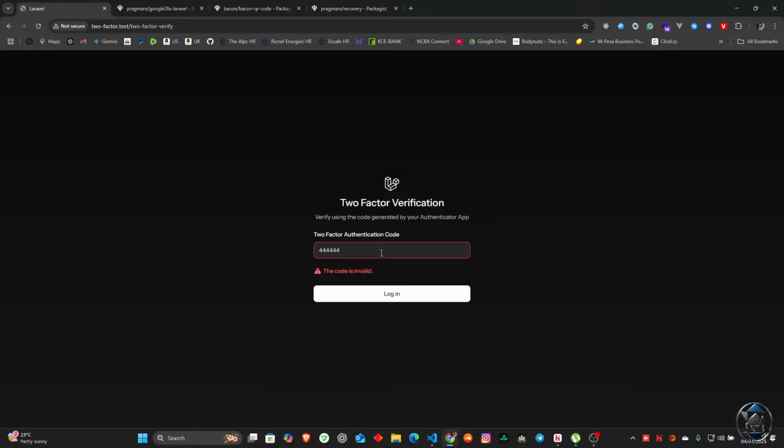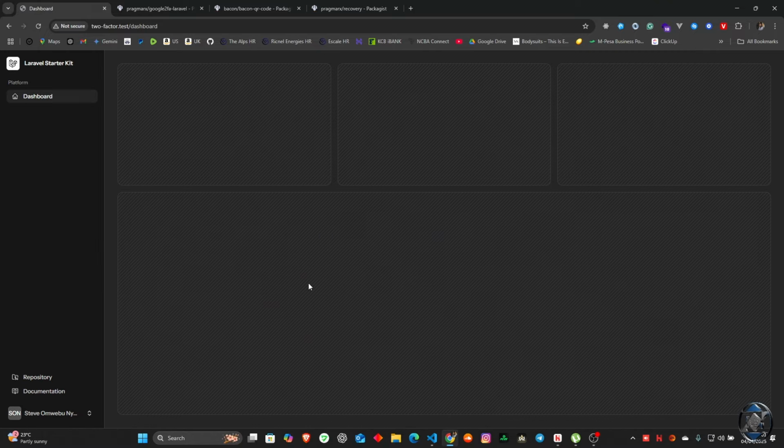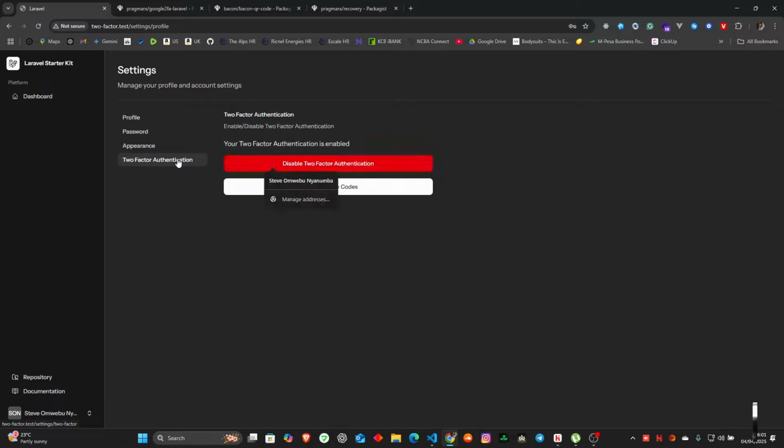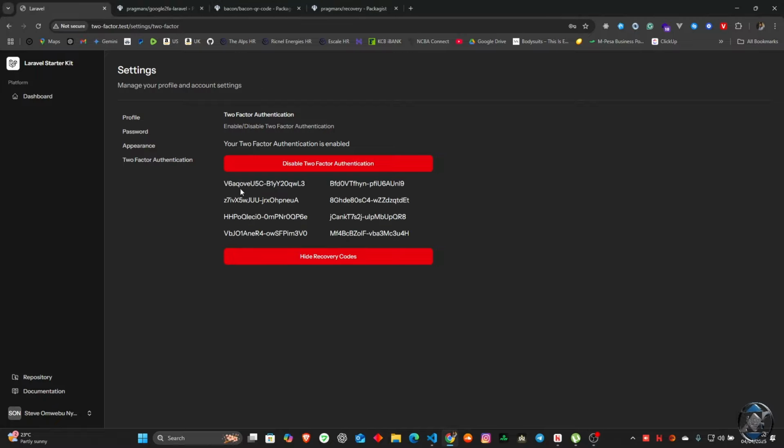Now we can start by putting in our code, which is 157.661, and we log in. And that's how we do two-factor authentication, ladies and gentlemen. I know it's probably taken us 1 hour, 20 minutes, but that is essentially how you go about it. You can show the recovery codes, save all these recovery codes if you want, you're good to go. And yeah,